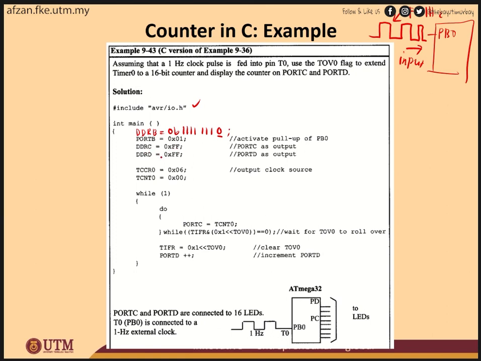DDRC equal to 0xFF, DDRD equal to 0xFF, because this one is connected to your LEDs to display the counter that is coming from T0. Next, TCCR0 equal to 0x06. So this is your timer setting. Since here you are going to use the TOV0,